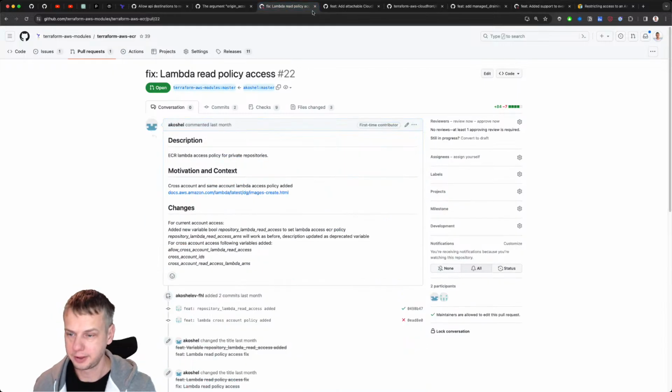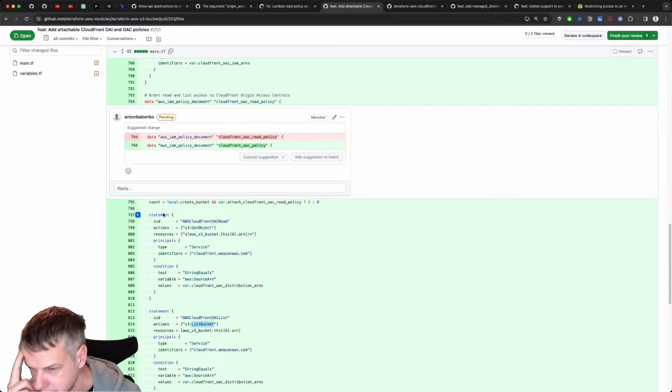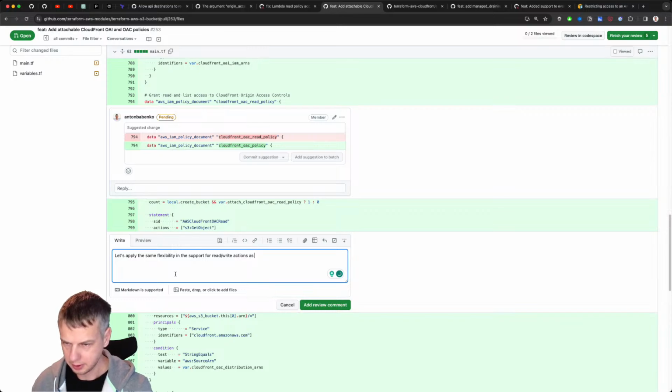So again, let's leave very similar feedback about this one. Let's apply the same flexibility in the support for read write actions as I described above for OAI.